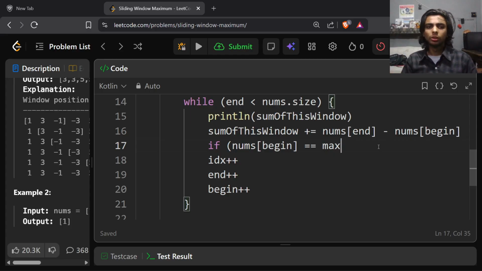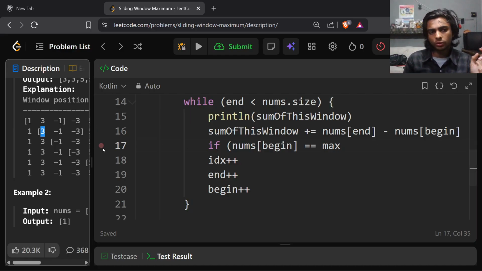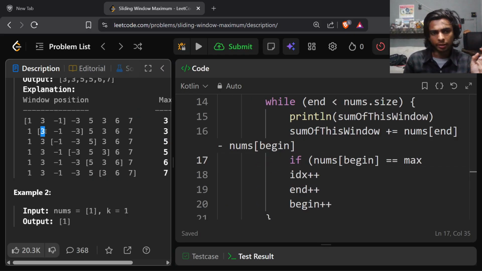No, because the middle number can. Okay, first of all, we have numbers at each end of the window. So here 3 is the max, and in